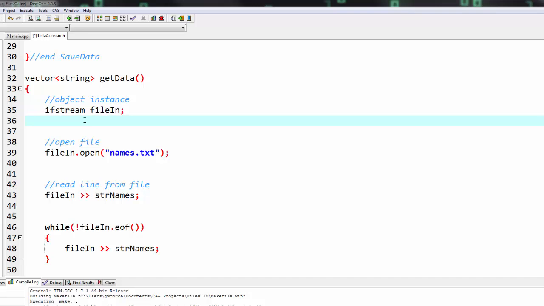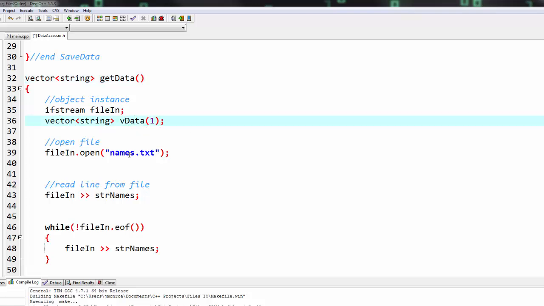So here I'm going to create a vector here, vector string. I'll call it vdata, being generic there again. And this is again, I'm back in my data accessor header file, and I am inside the get data function. Create a vector,